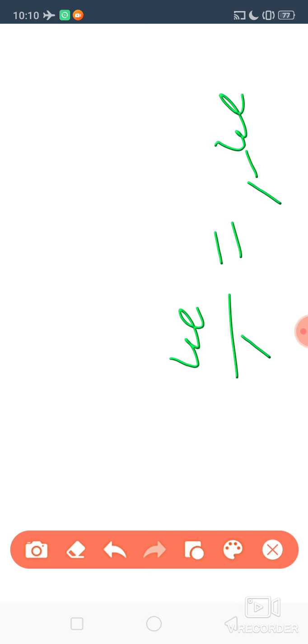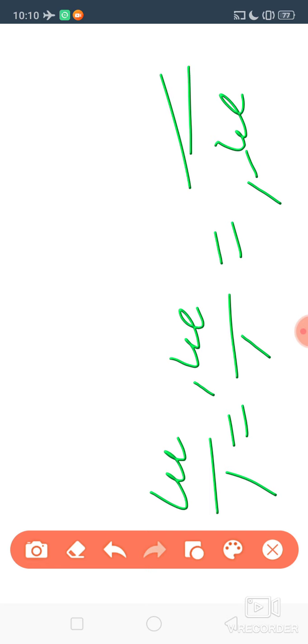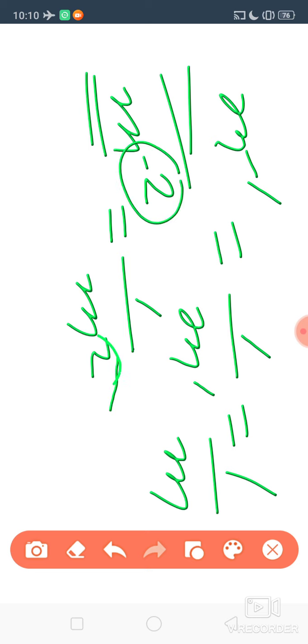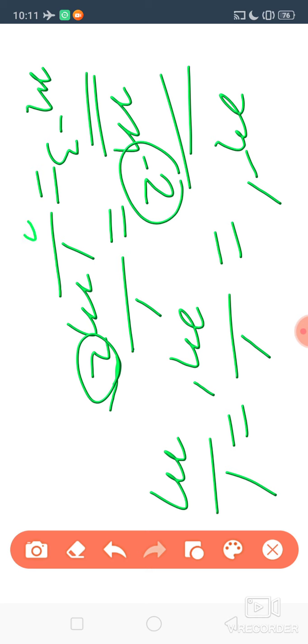Now one more concept is there. Suppose m to the power minus 1 can be written as what? 1 by m to the power 1, that is 1 by m only. In exponents you must have studied this. Suppose m to the power minus 2 will be there, then what can we write? 1 by m to the power 2. If we take its reciprocal, then the exponent from minus will become plus. Suppose m to the power minus 3 will be there, then what can we write? 1 by m to the power 3.